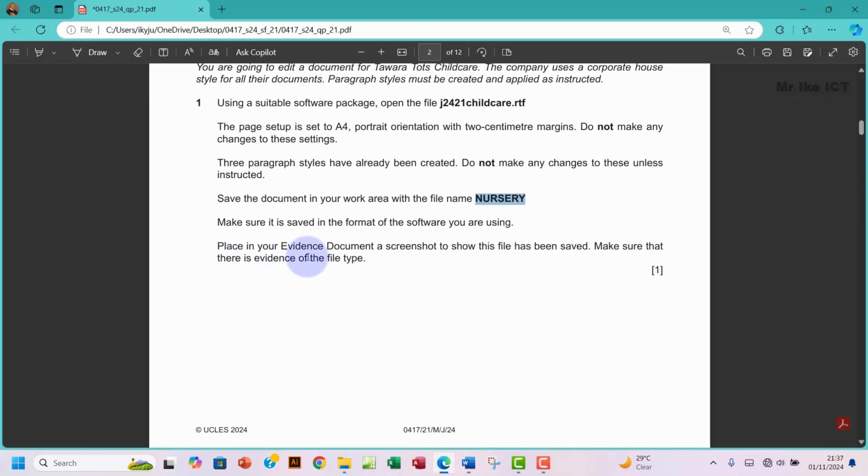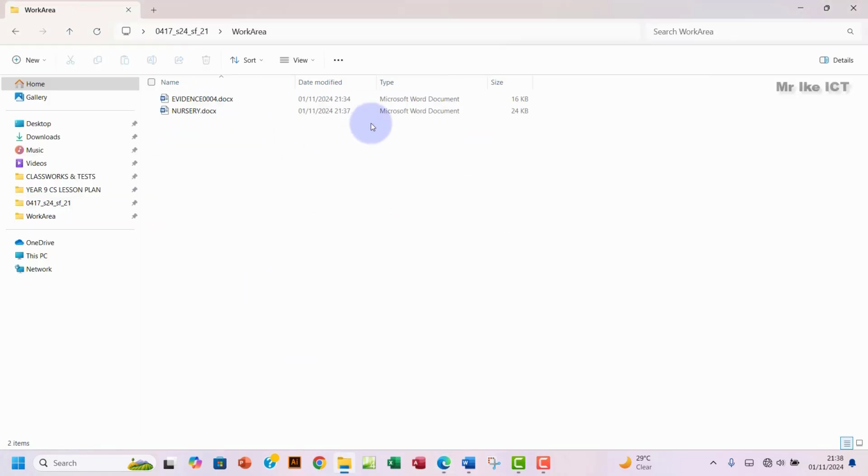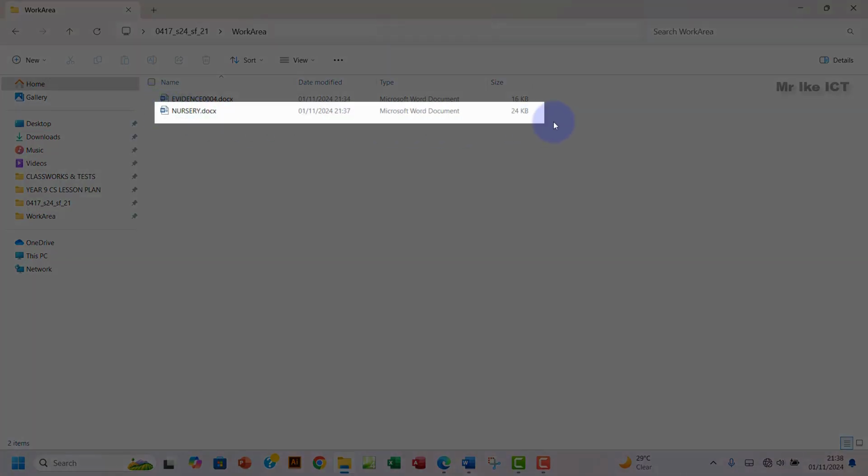So place in your evidence document a screenshot to show this file has been saved. Make sure that there is evidence of the file type. Okay, so let me go open my work area. Is there any file type here? Yes, file type is right there. So I'm going to just click on print screen and then screenshot just this only, and then have it in my